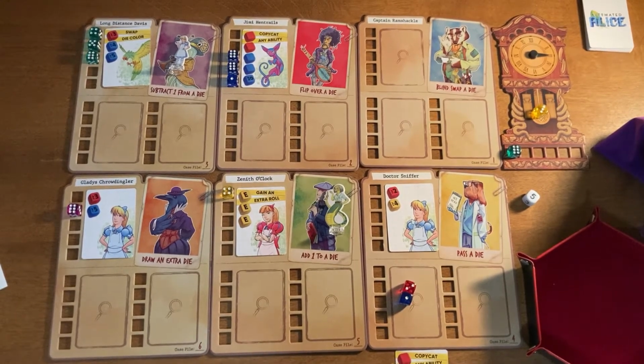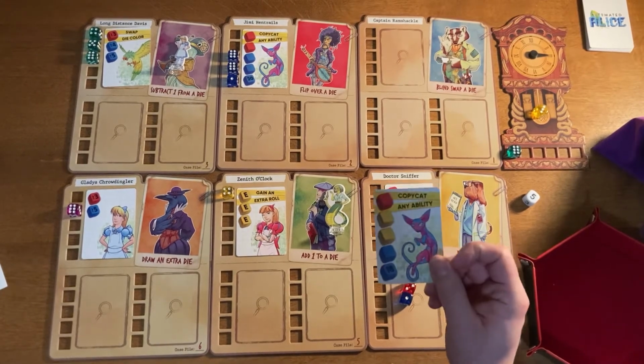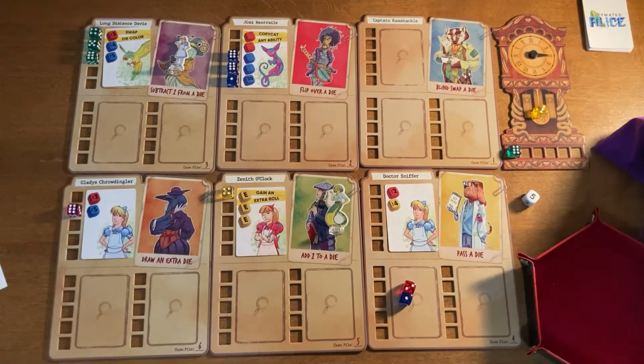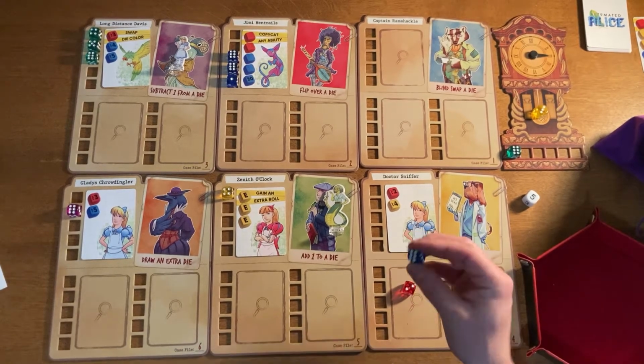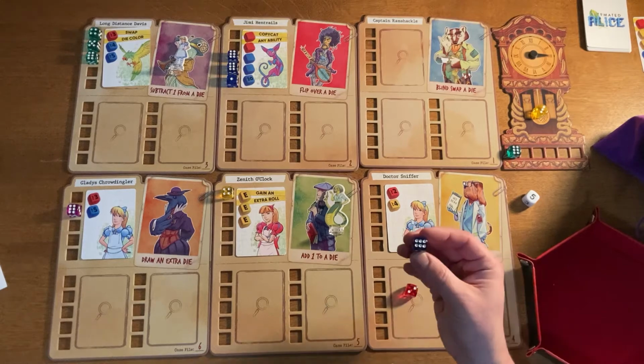Oh, well, okay. I can do something with that. I can use my copycat ability to use Jimmy Hentrails over there to flip over a dice. Why did I? Oh, yes. Okay, so